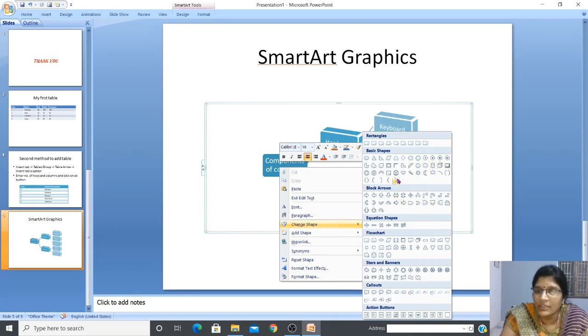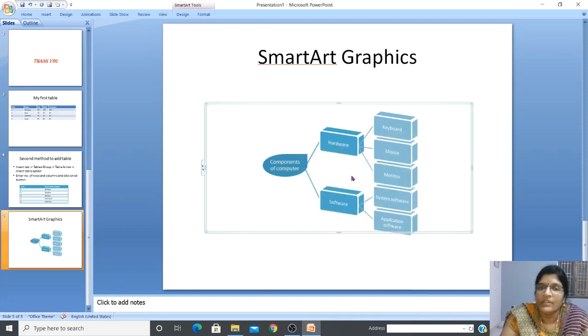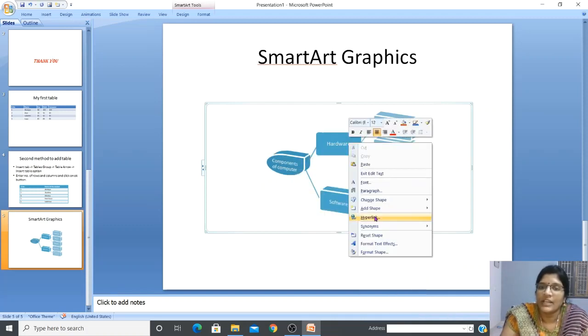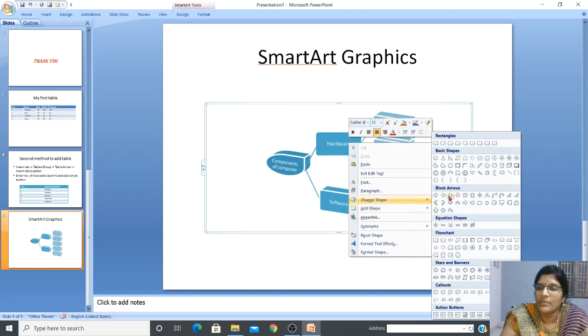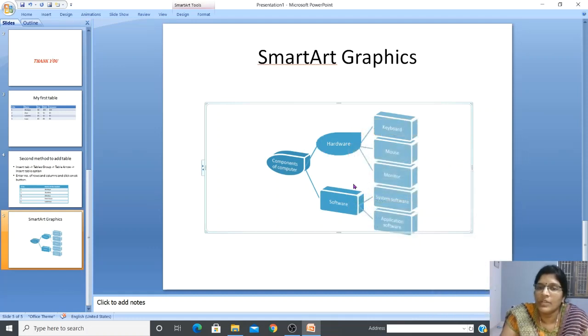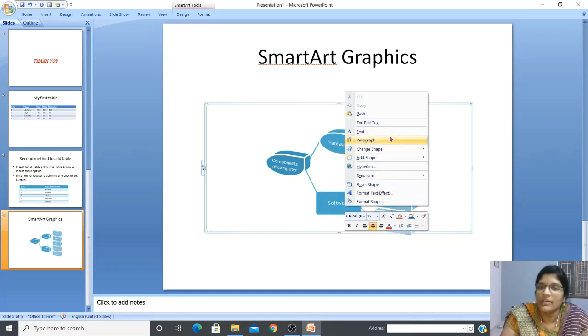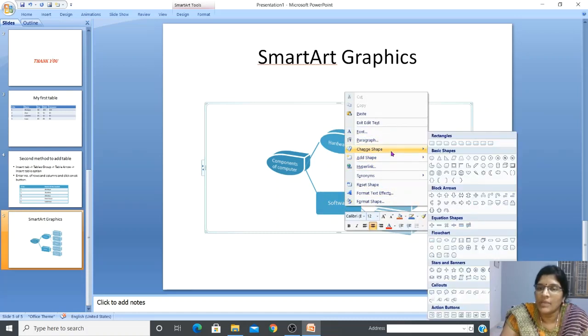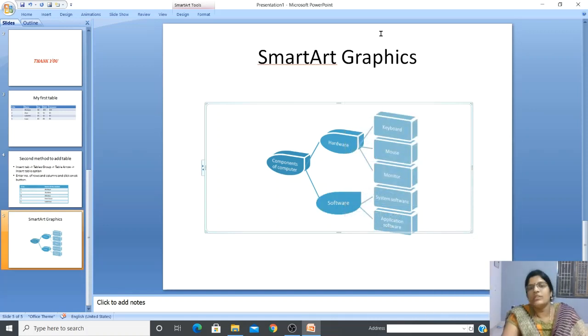Let it be circle. Okay, so let me choose not circle, like a drop. See, it has changed. Right click, change shape, and choose whatever you need. So this is a way you can change the shape of the SmartArt graphics also.